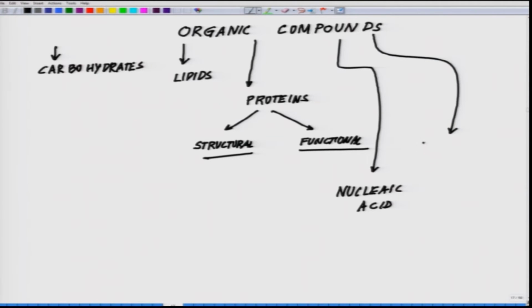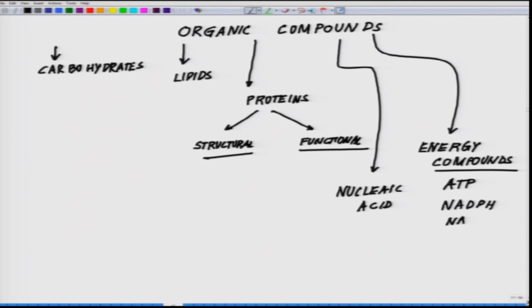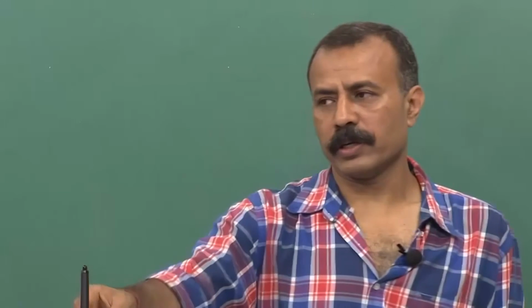And then the most critical one, the energy compounds like ATP, ADP, NADPH, NADP, FAD, likewise. Of course, the most critical or most important one is ATP. So, what I expect you to know are the different kinds of carbohydrates, especially